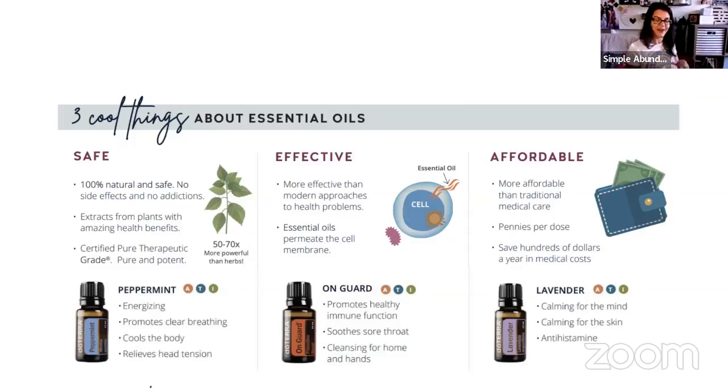We would have to find our way out to keep going. Affordable. That is the third cool thing about essential oils. They are affordable. I hear all the time that they're expensive, but these are very potent, pure oils, and tested and brought from the deepest corners of the earth by farmers who are trying to,